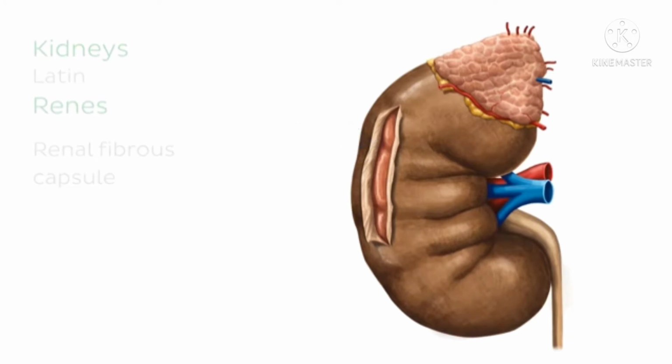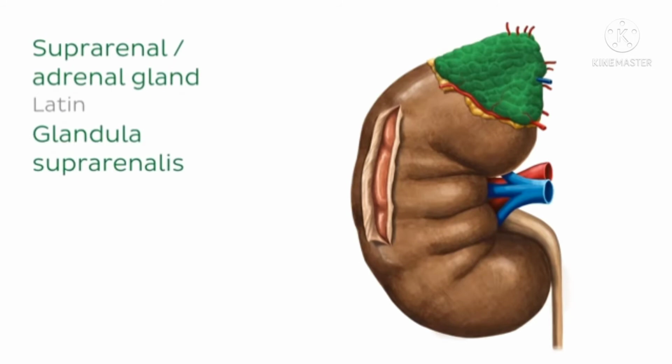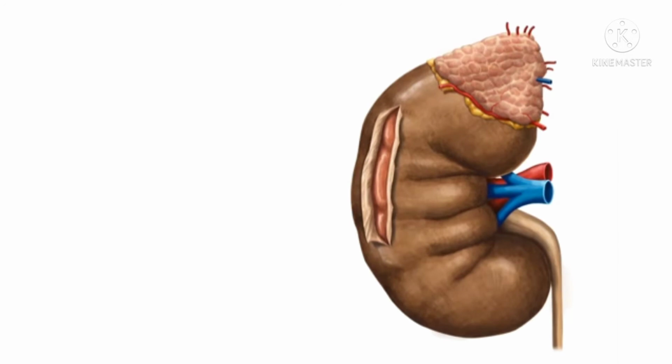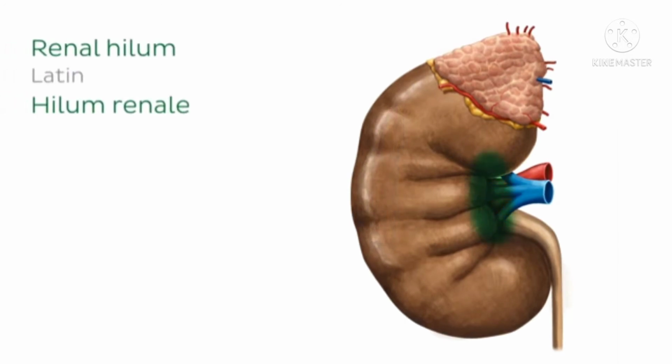Also seen from this view, at the superior pole of each kidney is an endocrine gland enclosed in a fibrous capsule and a cushion of perirenal fat called the suprarenal or adrenal gland, which we highlighted here. Now, these glands are not part of the urinary system and function instead as part of the endocrine system. Don't forget that. At the medial border of each kidney is the renal hilum, where the renal arteries, renal veins,